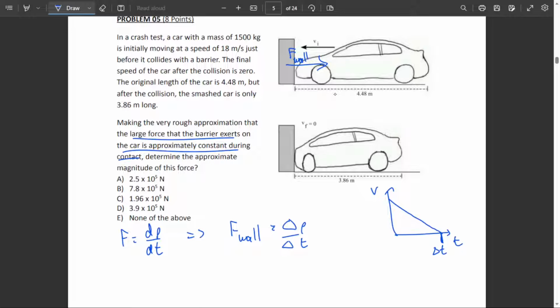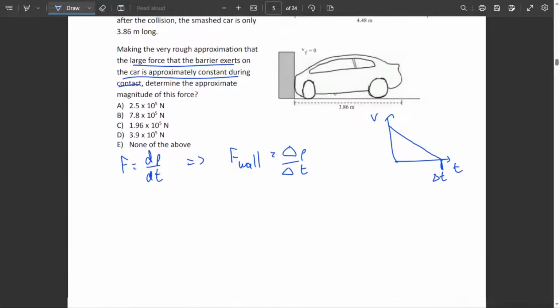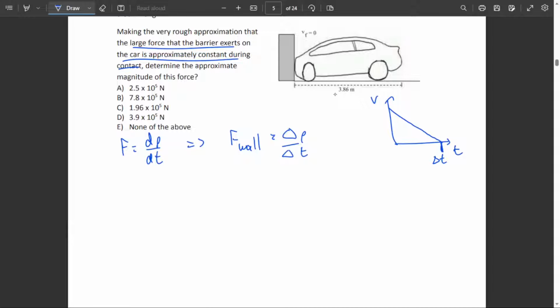To calculate the actual change in time, we are going to approximate the velocity of the car as the average of the initial velocity and the final velocity. Since the force we're assuming is constant, it's actually not an approximation at all. It is the average speed. But since